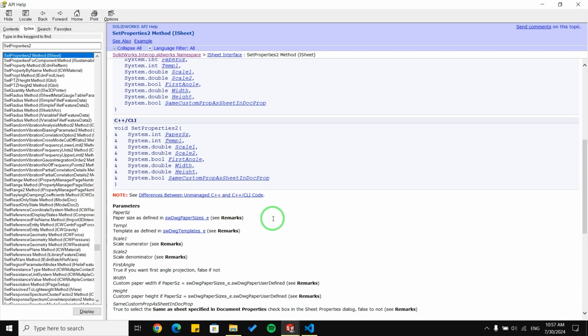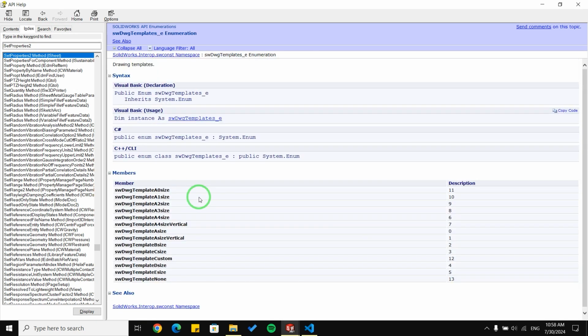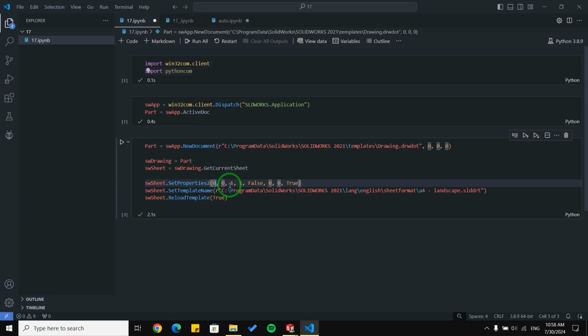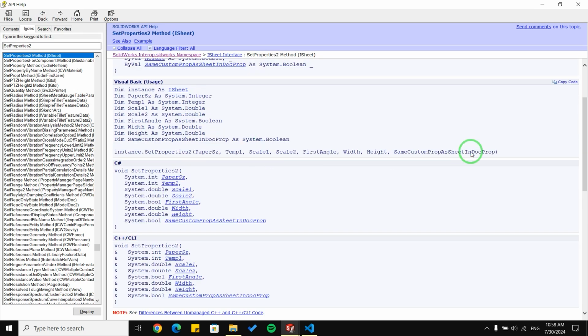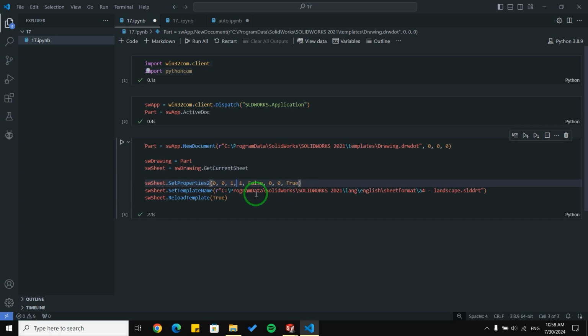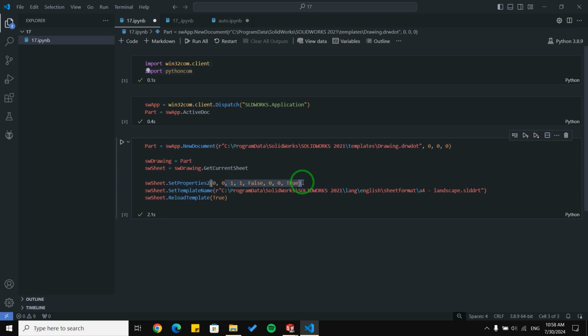And when I use 0 for paper size, I'm not going to pass any width and height. For template arguments, I'm going to use 0, as you can see here, for template size. And for the rest of the arguments, I'm going to use defaults. When you use the macro to get this function, you can see these default arguments. So I'm going to use default arguments.